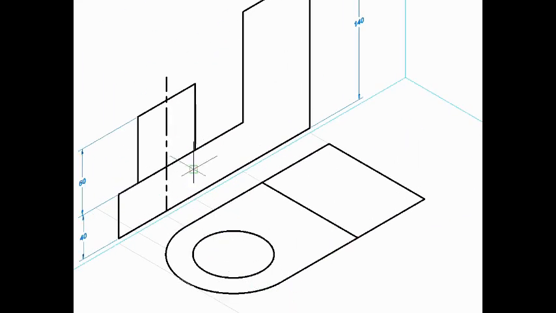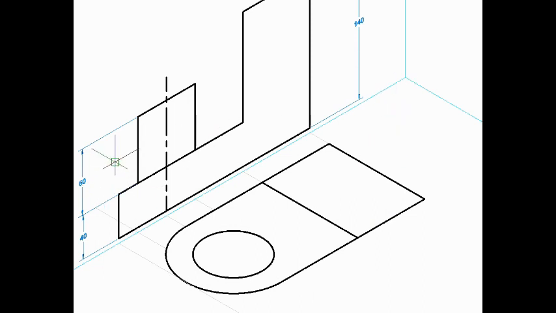So to convert these two views into the 3D object or the isometric, we have to first either pull this front view in the forward direction, and the depth or the length by which you pull it will be seen in the top view. Or you can do the other way. You can pull the top view in the upward direction, and by how much distance it is to be pulled up will be seen in the front view. So let us try to do this thing.